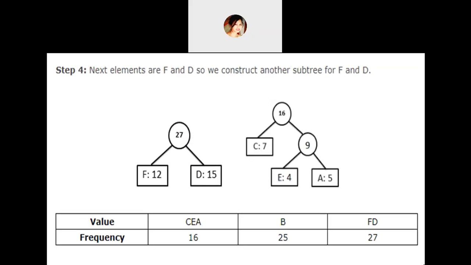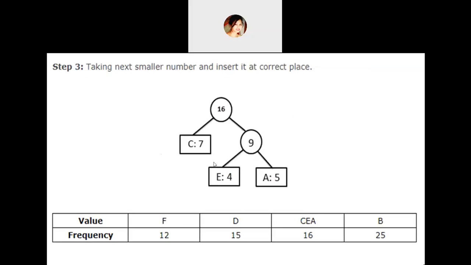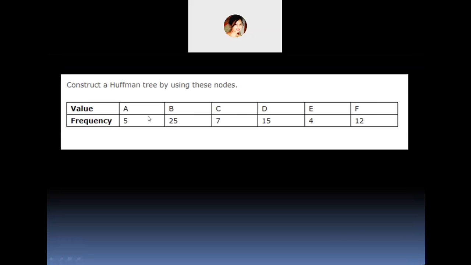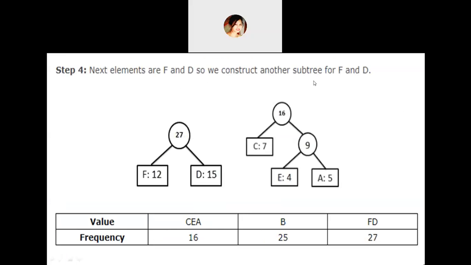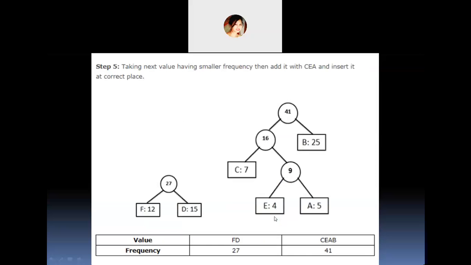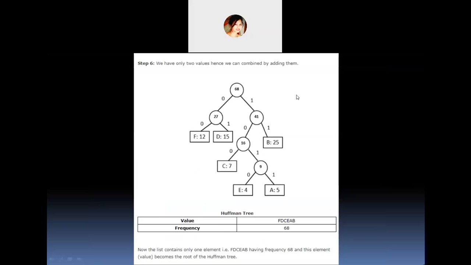So we can't join this node with E, we can't join it with A, we can't even join it with C. Because always remember, the root node has two nodes, a left and a right child node, and the left node is lesser than the right node, and the root node is the addition of the two child nodes. And by rule, the root node has to be greater than the internal nodes, right? So we finally create a subtree for F and D. After that, you have to see step by step. It is not the same for all the values.